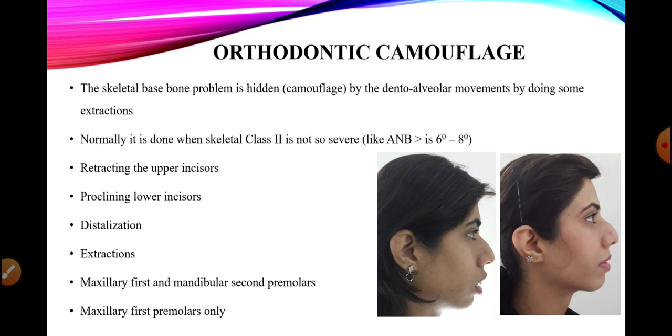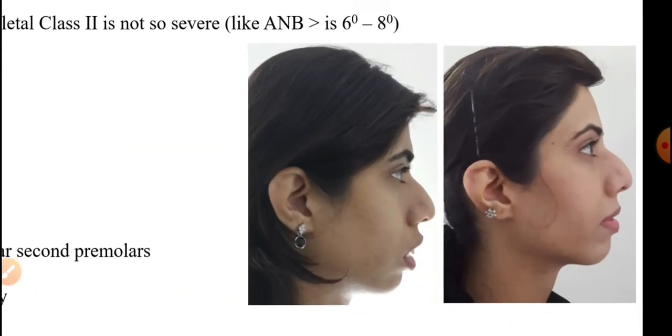So in cases when just the inclination of the upper arch needs to be corrected and the lower arch is almost well aligned, and it can be addressed non-extraction, then only upper first premolars are chosen for extraction. And in cases with both arches being involved, for example crowding in the lower arch, or any discrepancy or malocclusion that has to be corrected in the lower arch as well, in those cases upper 4s, meaning upper first premolars, and lower 5s, meaning lower second premolars, are the choice for extraction.